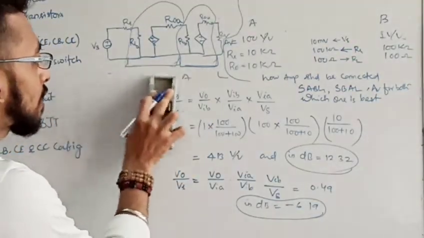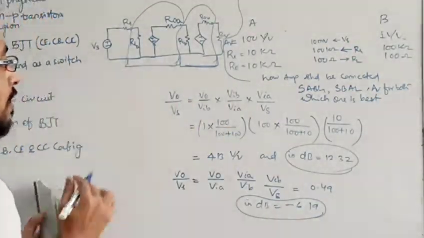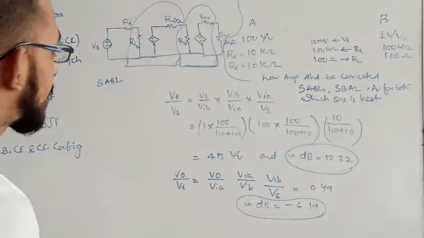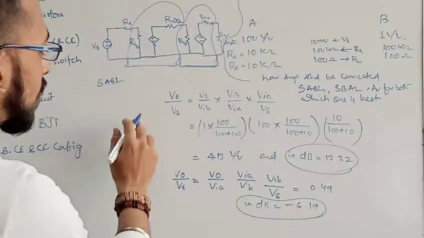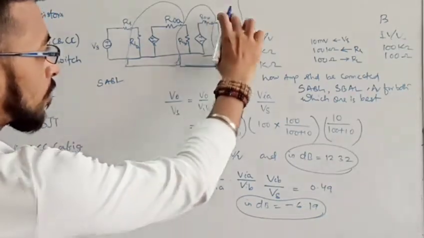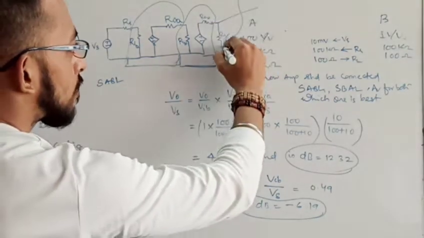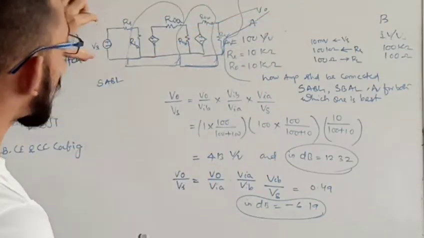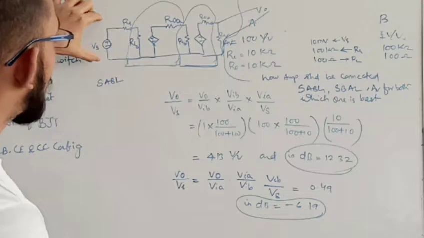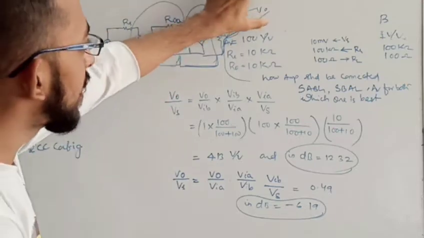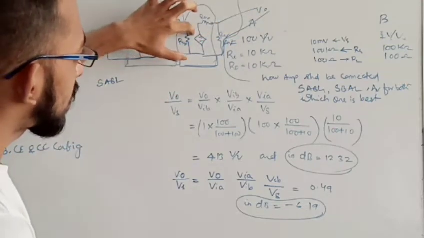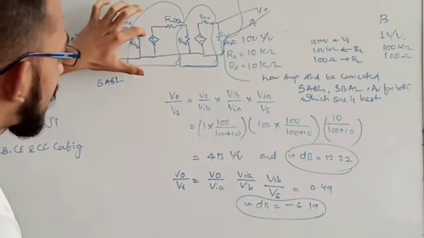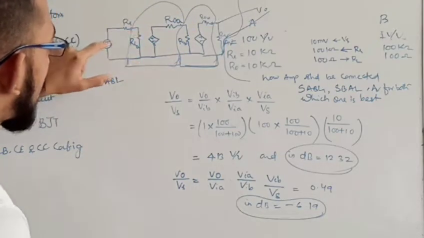Let's take first the first one, that is S, A, B, L, meaning source, amplifier A, amplifier B, and then the load. In SABL, what will be my output voltage across the load? This is my output voltage across the load. So what is gain? Output upon source. So V out upon V source, which is V out upon the part B gain, times part B gain upon part A gain, times part A gain upon the source voltage.